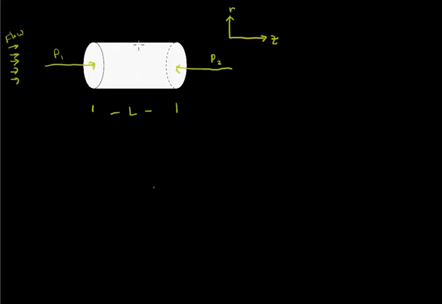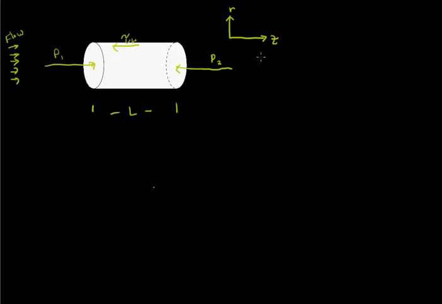Alright, and then at the wall, you'll have shear stress, and it's going to be retarding the flow. It's going to be acting in the opposite direction of the flow. So we're going to have shear stress acting in this direction, and that's tau sub W. Okay, and then this is our coordinate axes. So we have in the straight up direction is the radial direction, and then along the pipe is in the